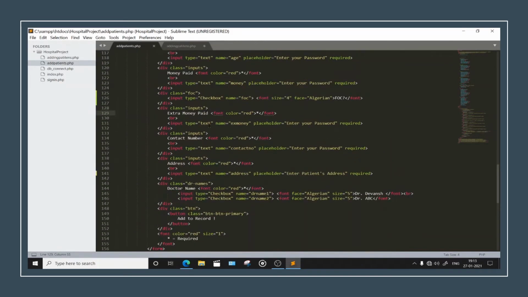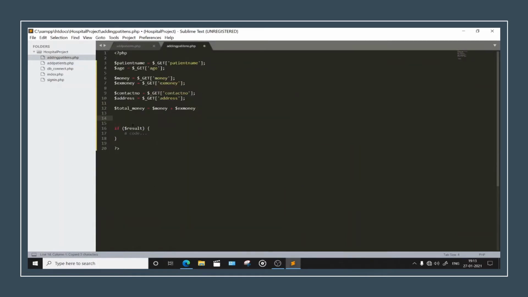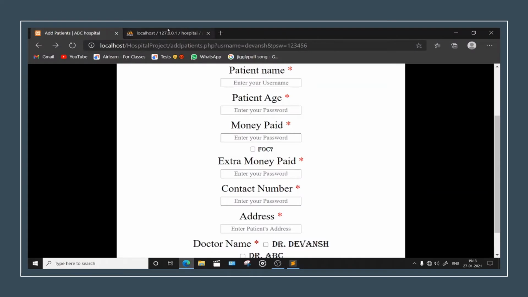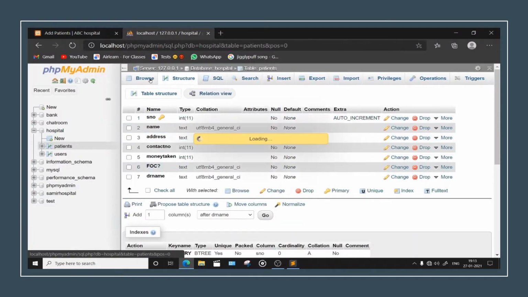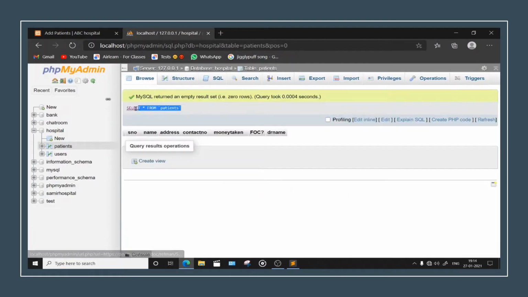Okay. So what we need is this copy once again, and make one comment down here and keep it like this: $FOC is needed. So we will make one case for $FOC. Head down to this place once again and click on browse, and we need to select asterisk from. You all know how you are doing this, right?